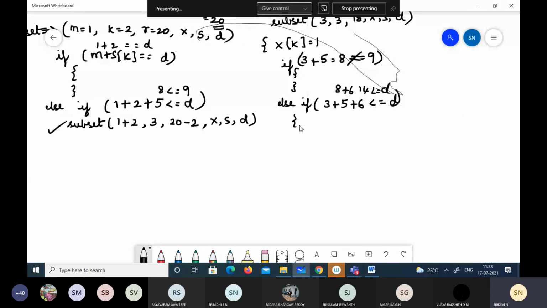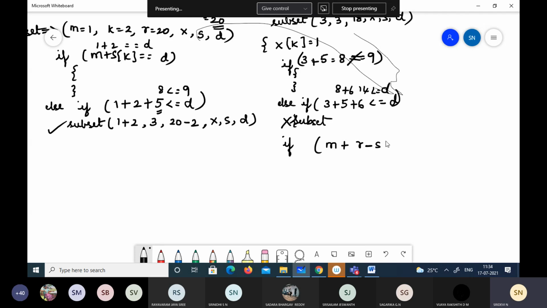One more if. The subset function is not called because it's not less than d. We have one more if statement where, as we have already included this 5 in the sum, isn't it? We have to remove this now. We have to remove this and we should add the next number.